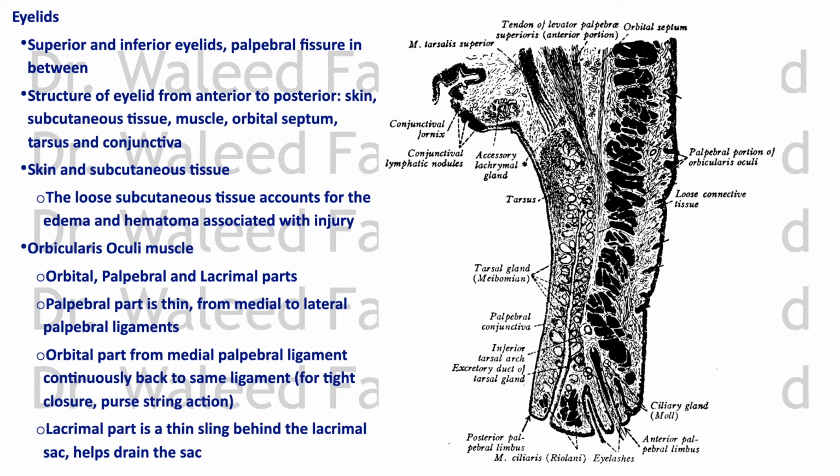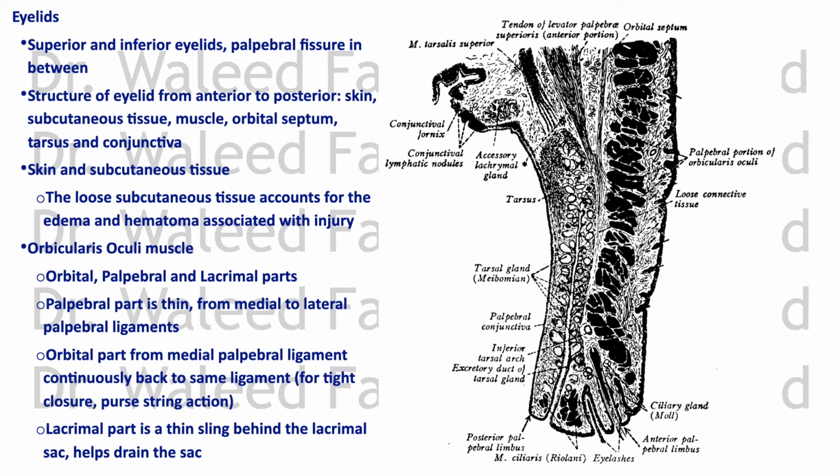And then we have the palpebral part, which is part of the eyelid, as you can see here, and this is the one that's attached to both ligaments, the medial palpebral and lateral palpebral ligaments, and the tiny